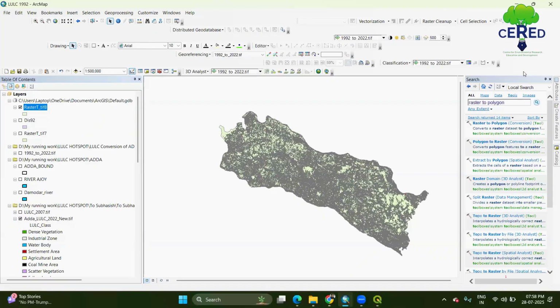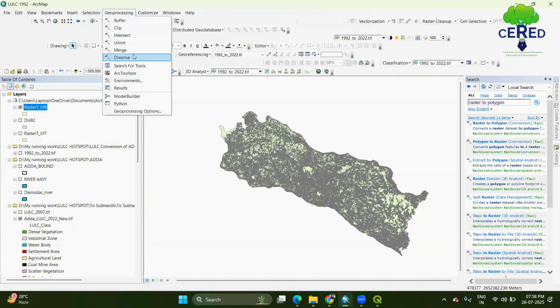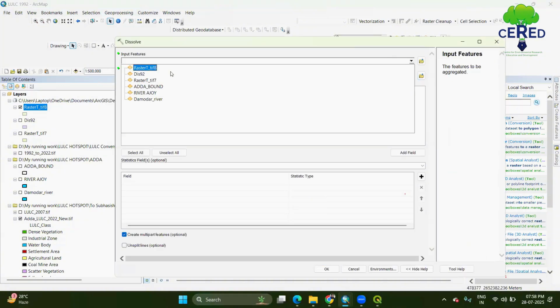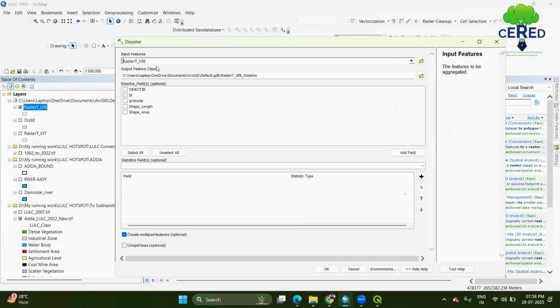So what we have to do now? We have to dissolve this. For this, go to the geoprocessing, dissolve, and select 2022 raster to polygon. Now over here,